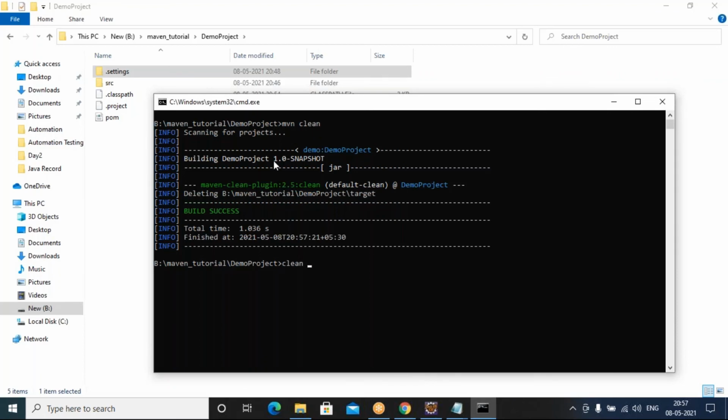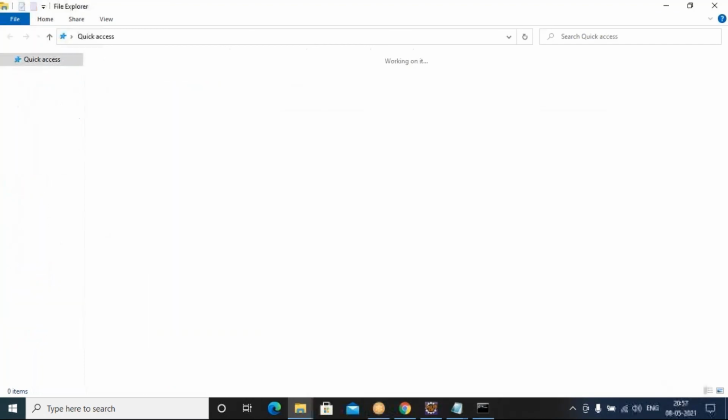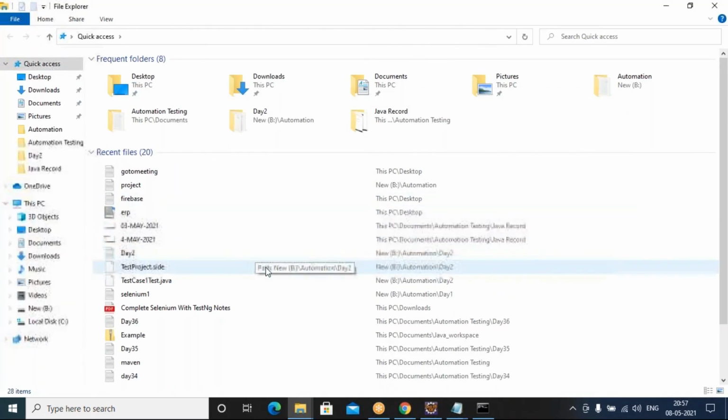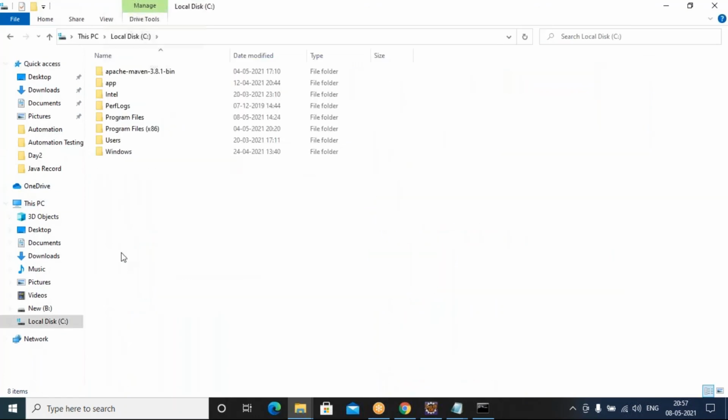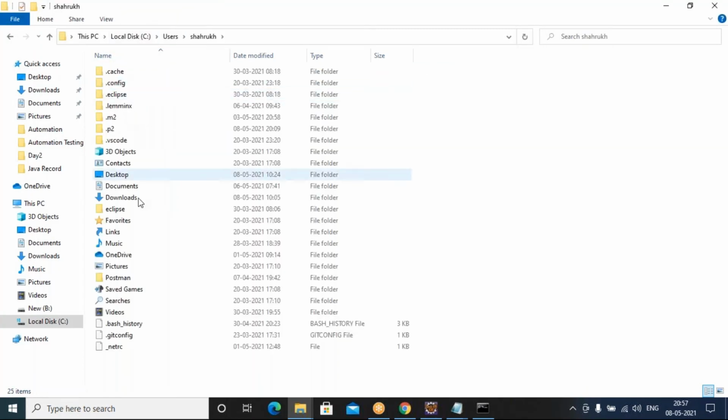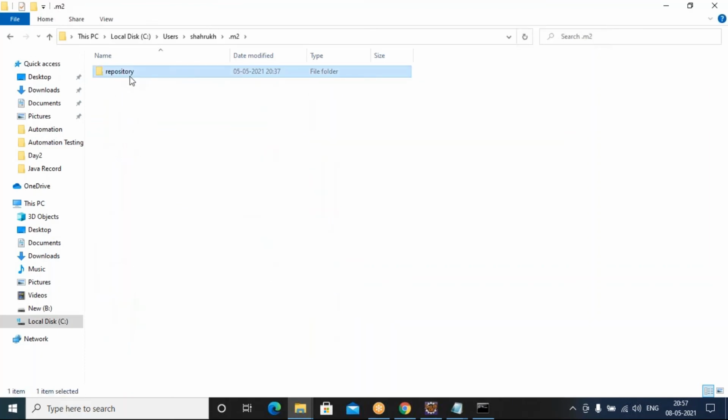You need to tell install, which means it will create the file in your local repository. Where will the local repository be? In the C drive. You go to the users folder, in the current user the .m2 folder is there. This is your local repository, right?